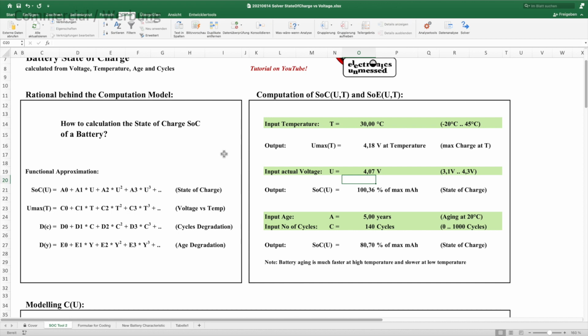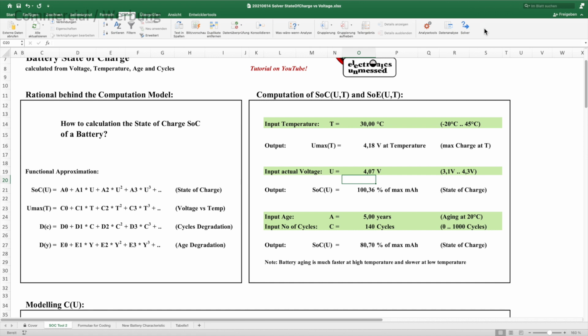Finally, I need to tell you that if you want to perform this adaptation on your own PC, you need to download the so-called solver plugin in Excel. Since the procedure to download and install can be different for the different Excel versions, I recommend searching for a YouTube tutorial for your version.